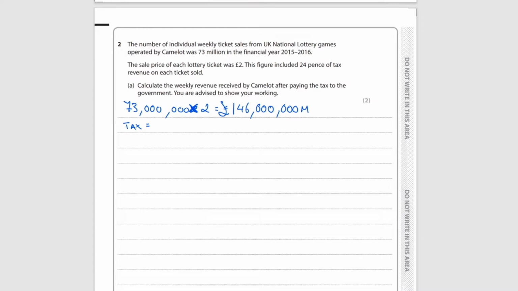Now, 24p of £2 is the equivalent of 12p of £1. So what I'm looking for is 12% of this figure, because this is the total revenue for weekly ticket sales. So if I do 146 million multiplied by, what did we say it was? 12%, 0.88. That will give me what the revenue is after the tax, because I'm taking away the 12%